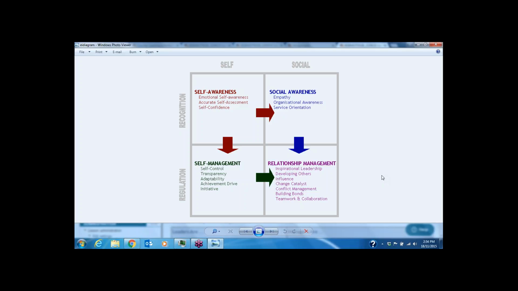If you look at the bottom right corner, it talks about relationship management, which is becoming a leader, being able to influence, being able to manage conflict, build bonds, teamwork, collaborate. This is all the stuff that we're talking about as what a leader actually is. To get to that bottom right-hand corner, now, this right-hand side is what we call social. So this is other people. The left-hand side is self. That means us. So this is us. This is other people. The top is being able to recognize, and the bottom part is being able to, therefore,